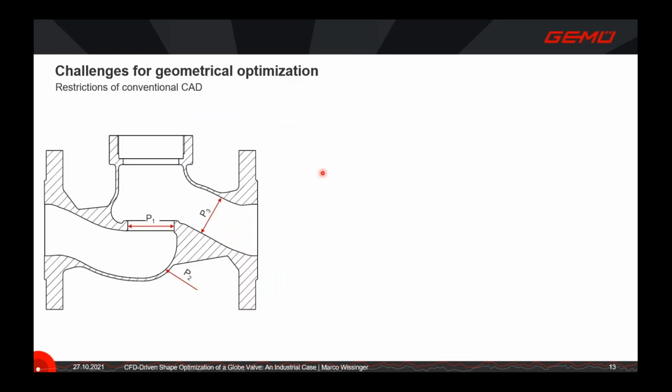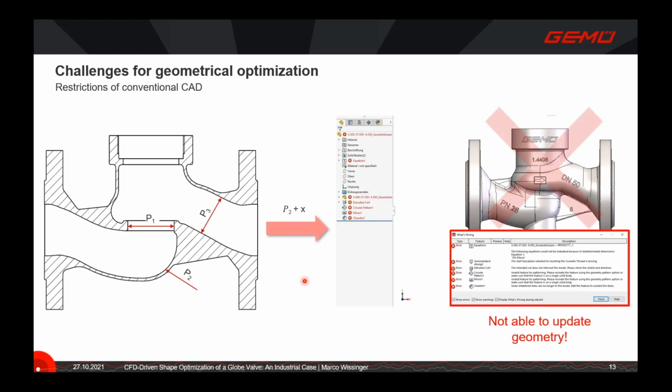I think a lot of people know that problem. If you're using conventional CAD tools like we do here at Gemu, for example, we are using SolidWorks, it's very difficult, let's say, to change a geometry in a kind of arbitrary way. So, for example, if you want to change the parameter P2 with a certain value, X, and recreate the geometry to perform the CFD simulation afterwards with this new geometry, often the geometry is not able